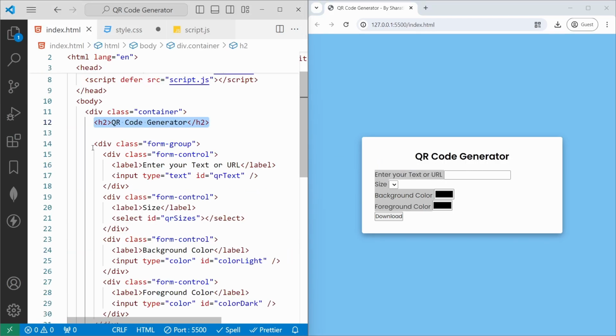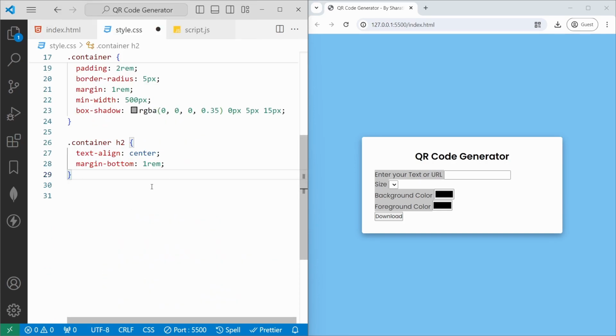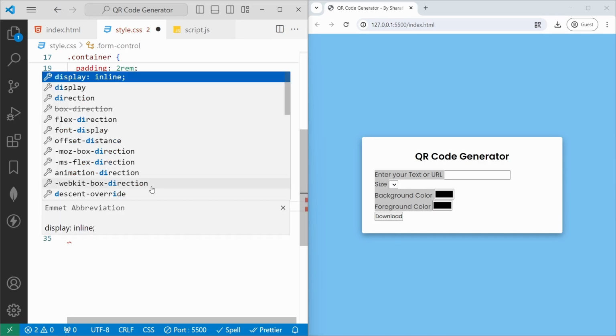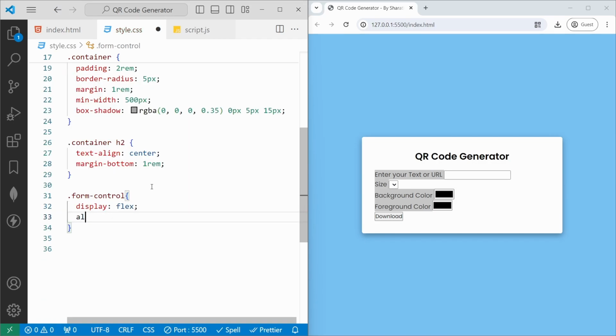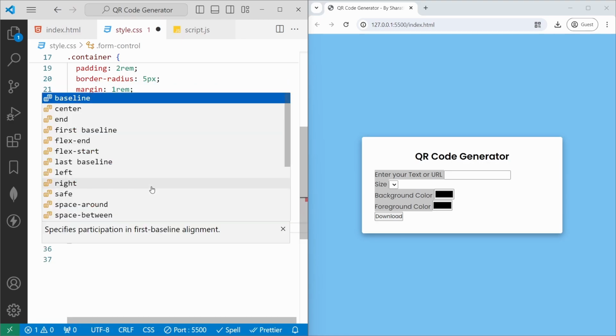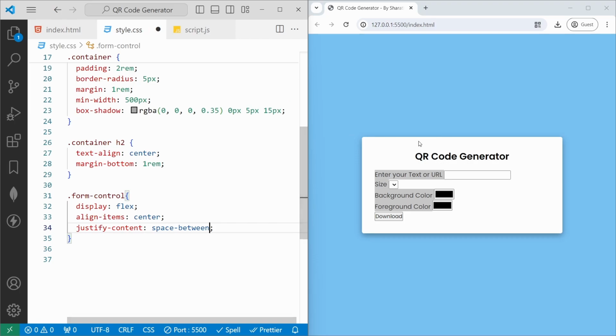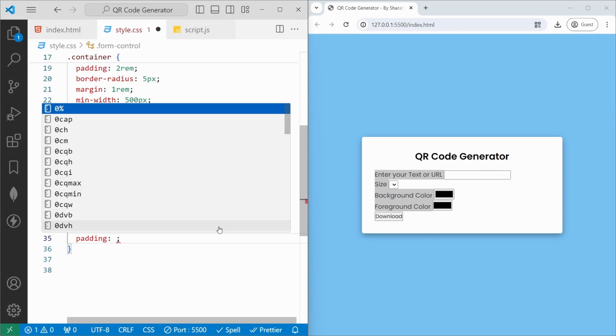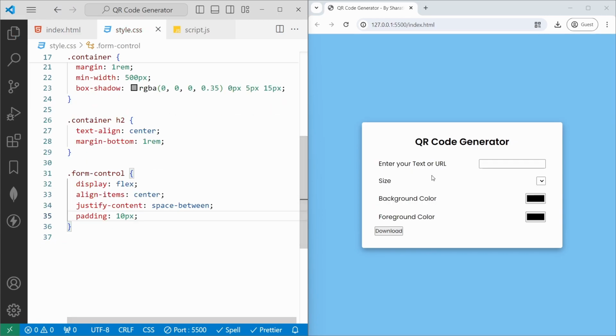Now we need to add the styles to the form group with form control. So I will add the styles to the form control with the class selector of dot. I will set the display to flex again, align items to be center, justify content to be space between. So it will set the space between the text and then input, padding inner spacing to be 10px. If I save, as I said, it will set the space between the two elements inside the form control, and